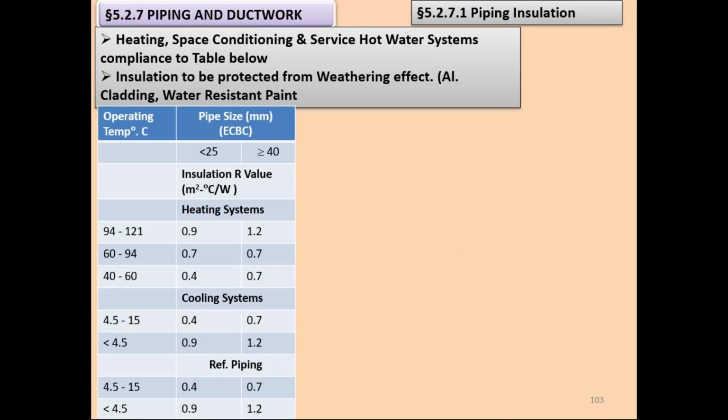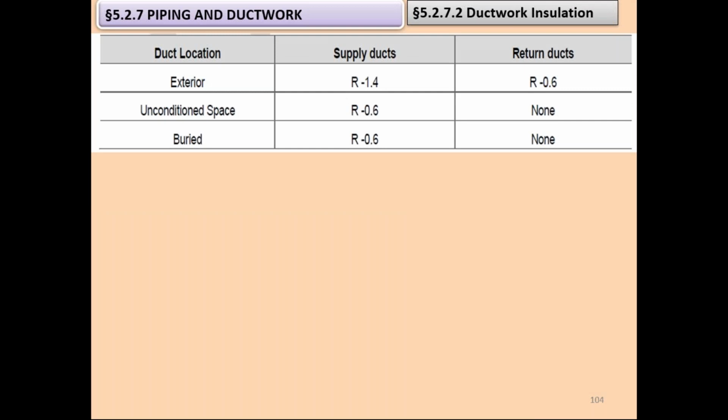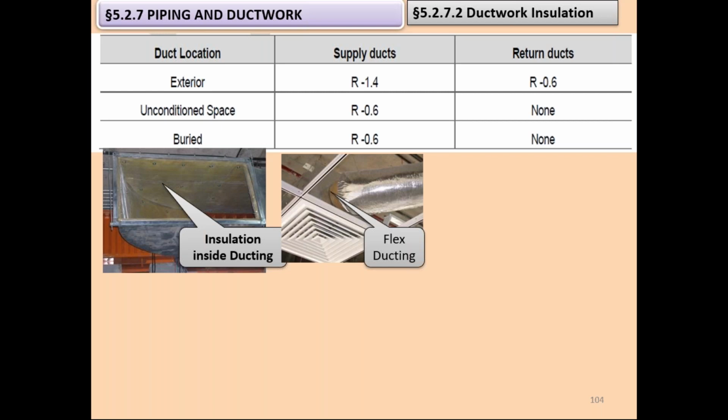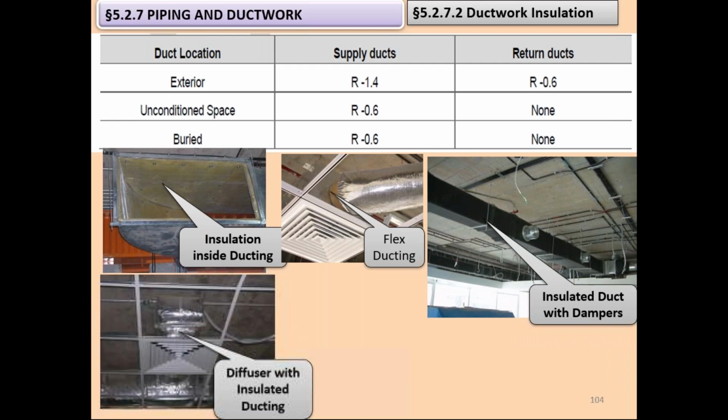Then you have piping and duct work for ECBC, ECBC Plus and Super ECBC buildings, and these are the insulating R values. So even your quality of insulation and thickness of insulation goes on increasing the moment you decide to upgrade your building from ECBC to ECBC Plus or Super ECBC building. So duct inside insulation or the flexible ducting for connections, as well as insulated duct from the outside. All these have